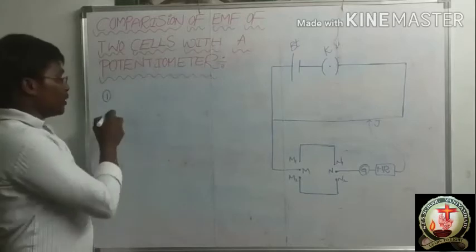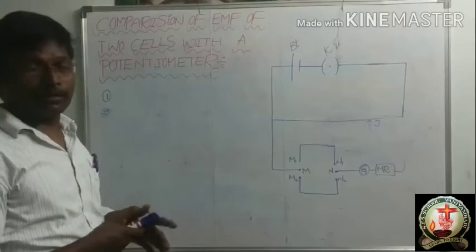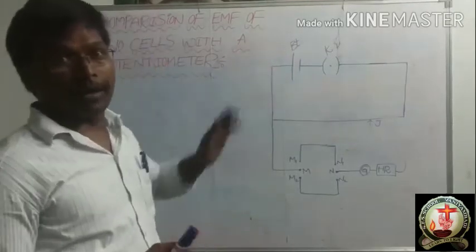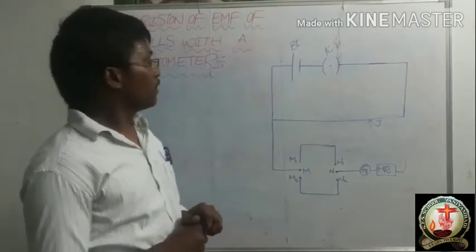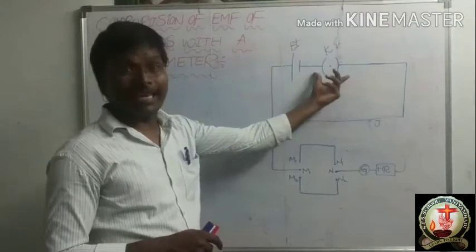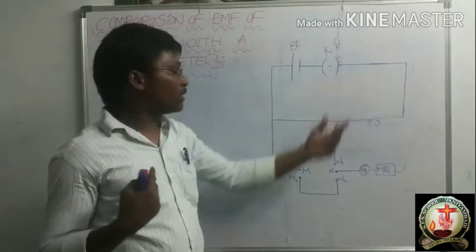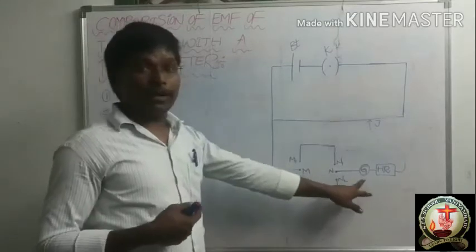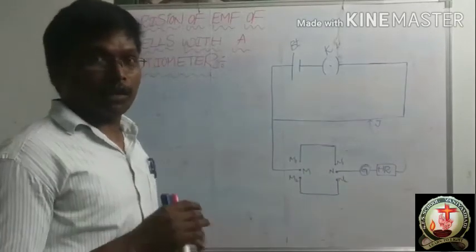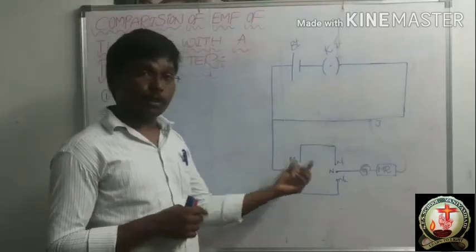And second point. Before explaining the second point, I will tell you the names of our diagram. This is the battery, BT, you know already. This is the key. I think this also you know. I told you in yesterday's topic. Now this is the galvanometer, this is the high resistance box, and this is the jockey. Here you are seeing a new symbol.